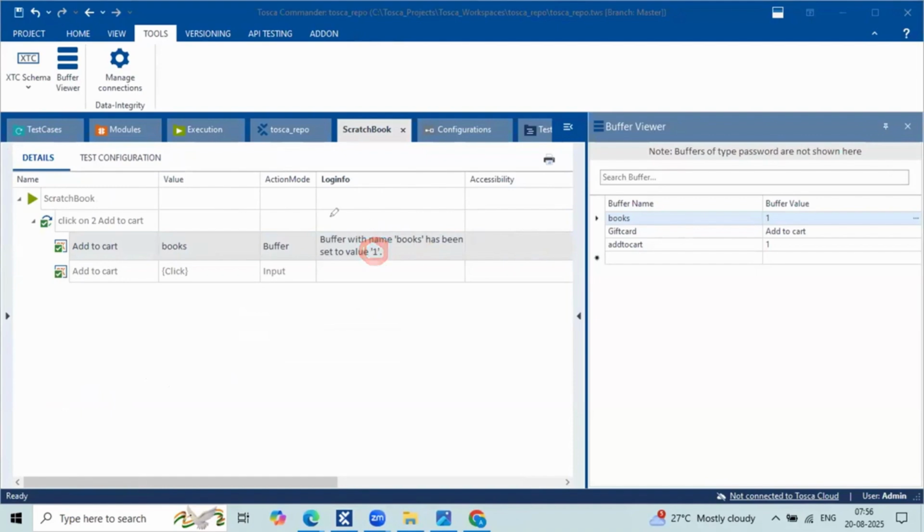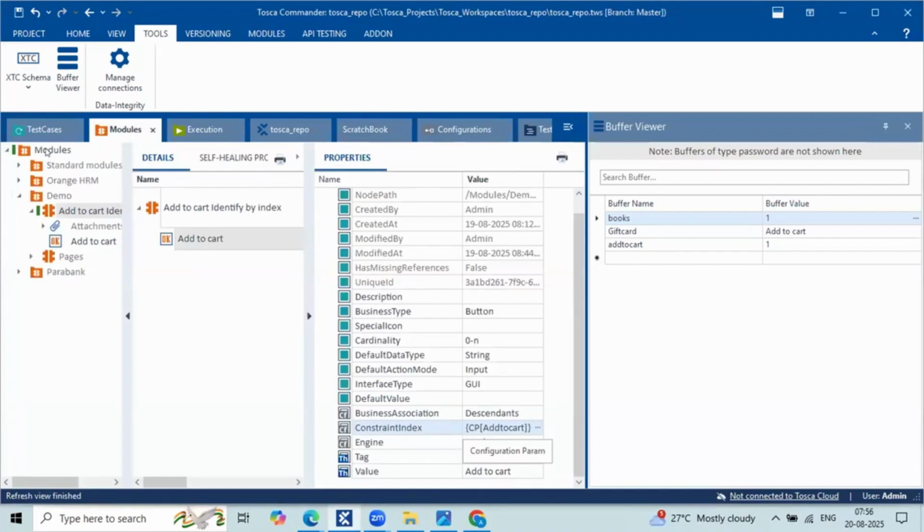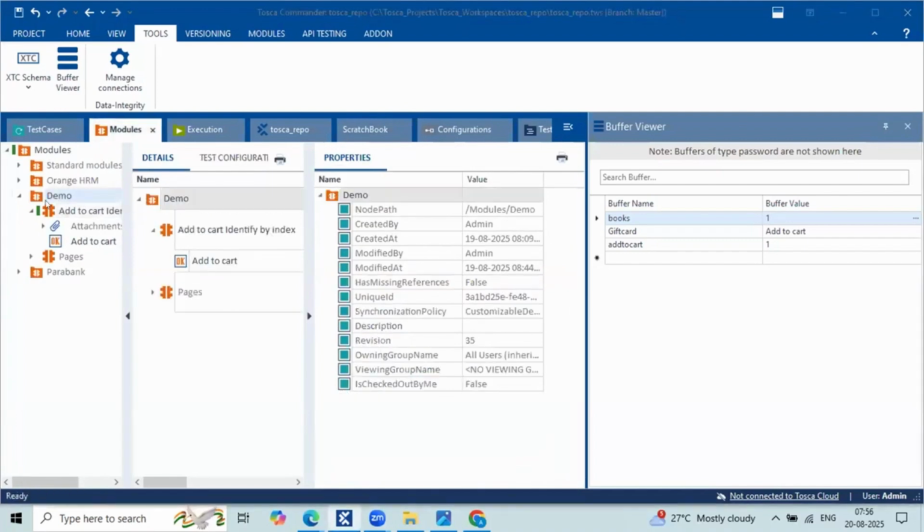How to capture the number of duplicate entries within the web page? For that, we follow this approach. Again, do a scanning of the control. Just go to the module, do checkout.